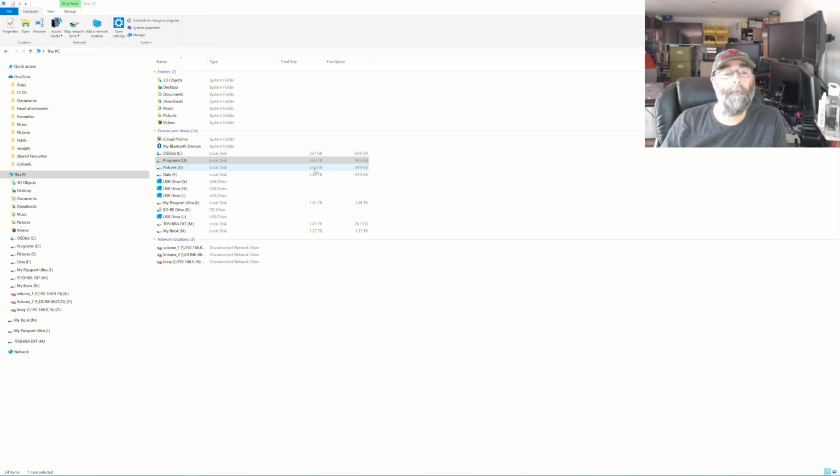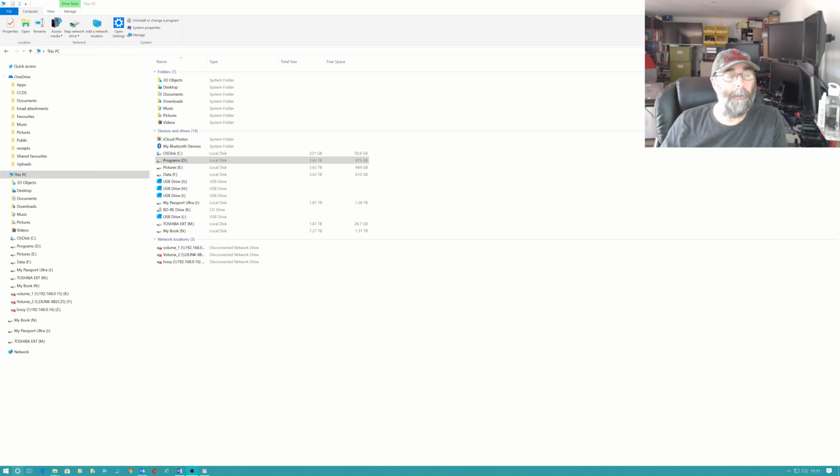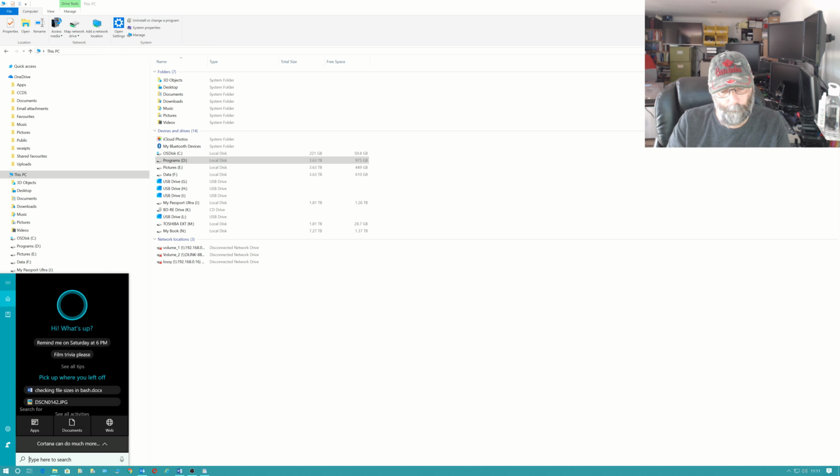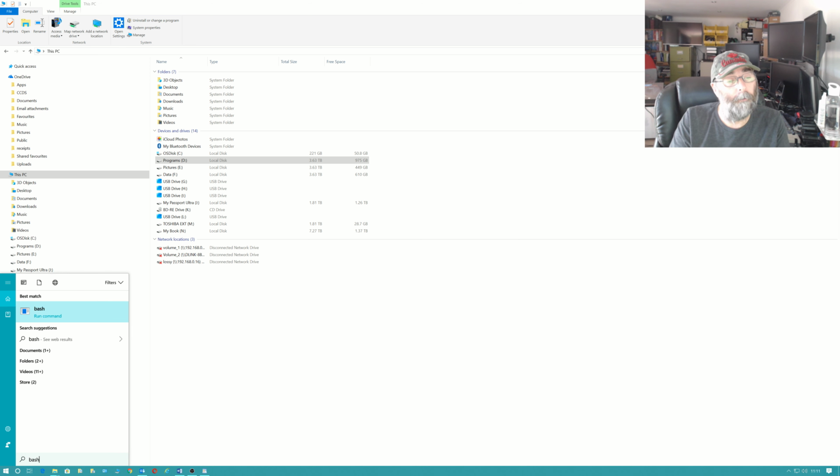3.63 terabytes. If I went through one of the bigger drives like this 8 terabyte drive, it might take a bit of time. So what I'm going to do is try and shorten the search criteria, and also these are USB drives, so they'll be a bit slower. So again, I've also already given you instructions on how to